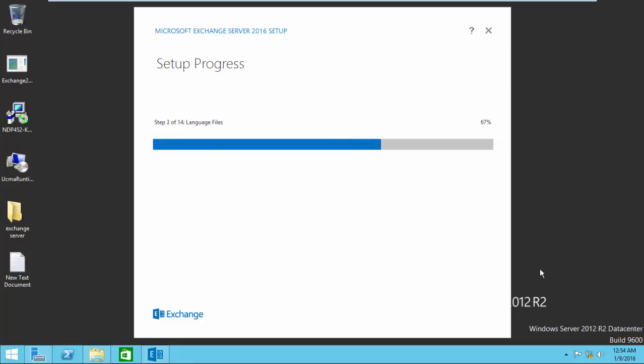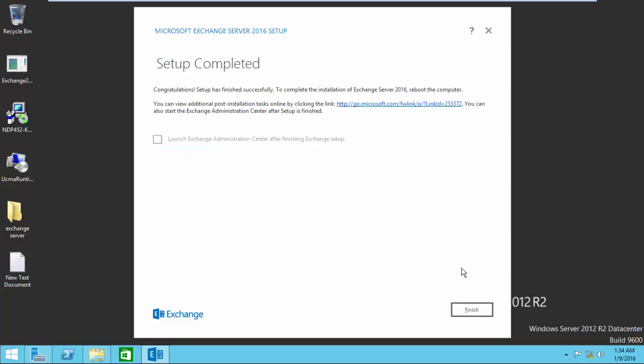After that, click the installation button. It will install all the required 14 services. Here you can see the seventh service, mailbox transport role service and mailbox client access service. It will all install. So here click on the launch button. We successfully completed the installation of Exchange Server 2016. Click launch. Select the checkbox and click launch.